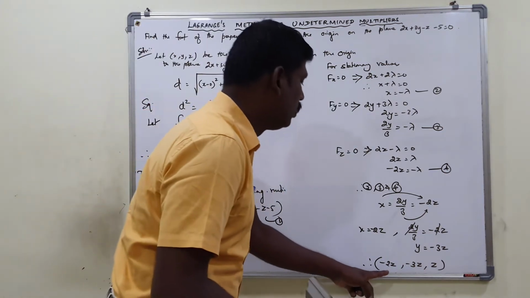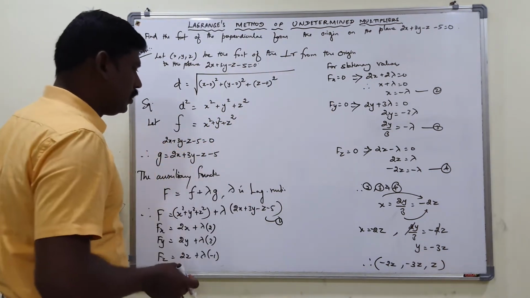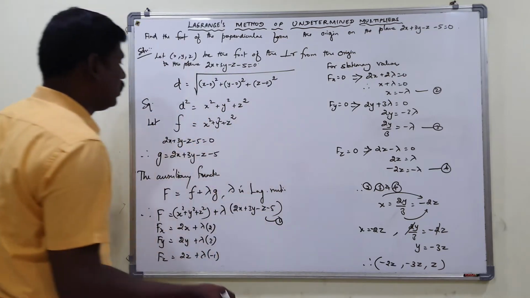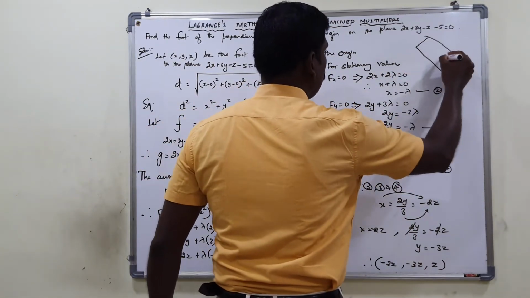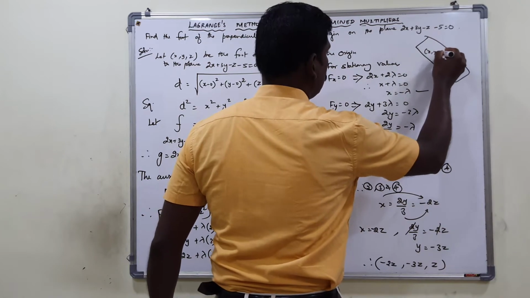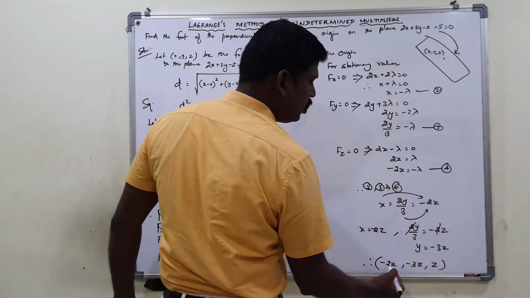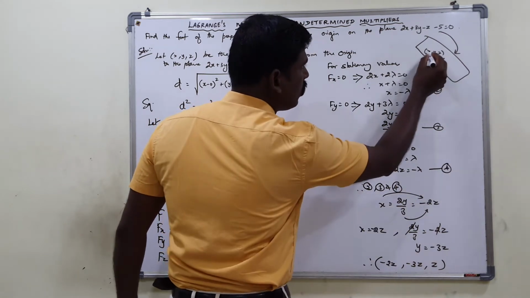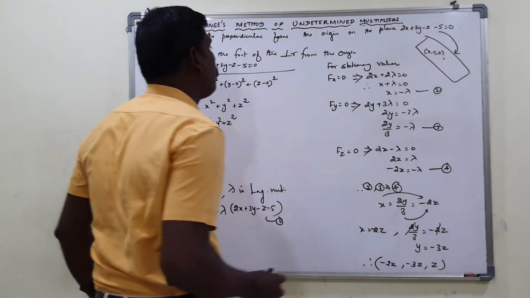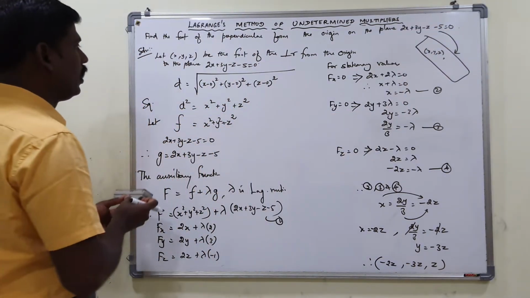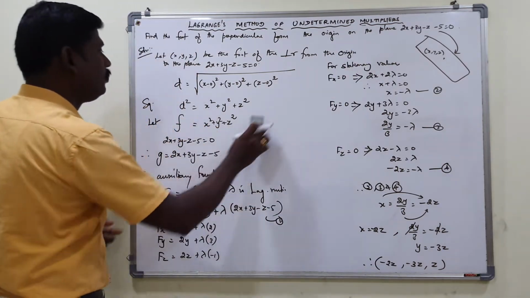So this point should lie on that plane, isn't it? That point lies on the given plane. What is the given plane? This is xyz, isn't it? This is the given plane. So this is the point, the coordinates of xyz. So xyz lies on this plane. So this point satisfies the plane equation, isn't it? Therefore, this is the condition. We have to substitute this point into that plane.